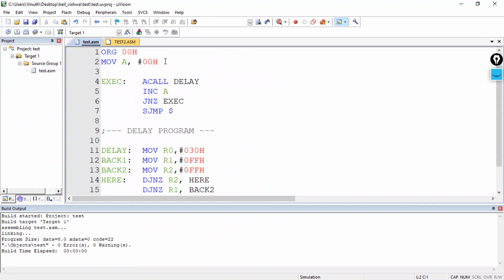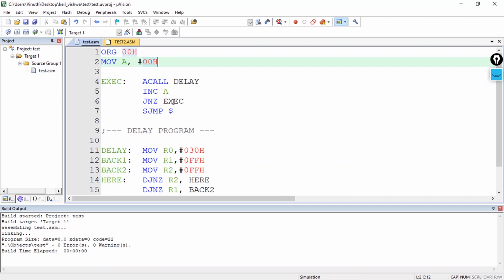Okay, so in order to make use of my port 1, first, to make the port an input port, I'll be passing that particular port with FF hexa, and if I want to make that particular port an output port, I'll be using 00 hexa.